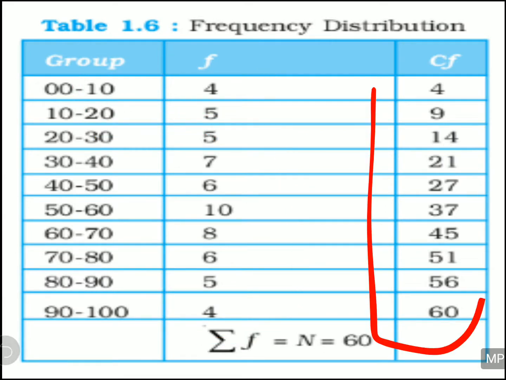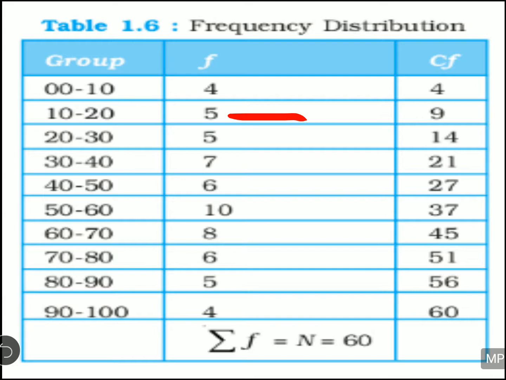But how do you get the cumulative frequency? You get cumulative frequency by taking the simple frequency of the present class and adding the sum total of the previous class. And when you add this one with this, you will get the cumulative frequency of this class. In the first row, you don't have any previous class, so you will write the same, because there is no previous class, so the previous cumulative frequency is assumed to be 0. So 0 plus 4 will be 4. So here the cumulative frequency will be 4 only.